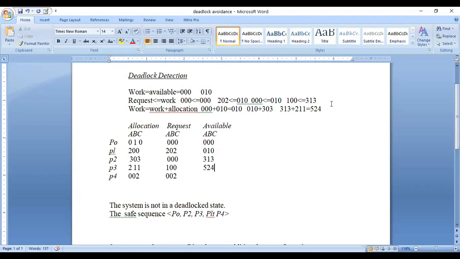P4 has to execute. What is the request for P4? 002. 002 is less than or equal to the current work available, 524. Condition is true. So add the current work available plus the allocation of that value.